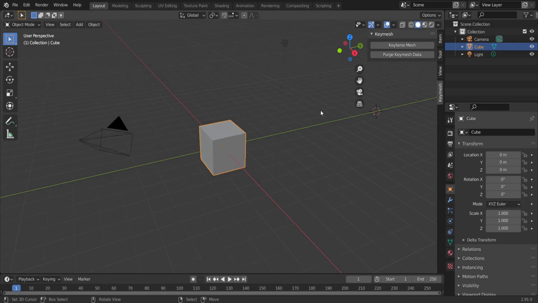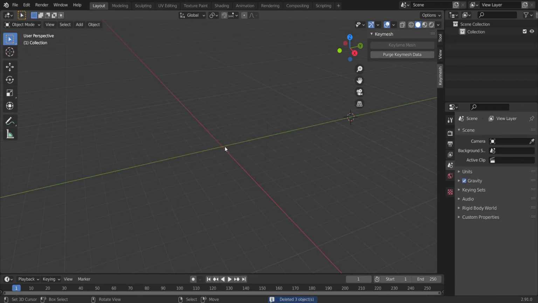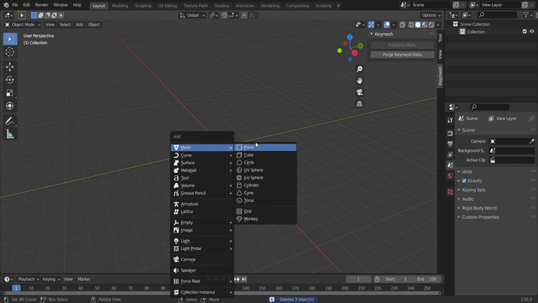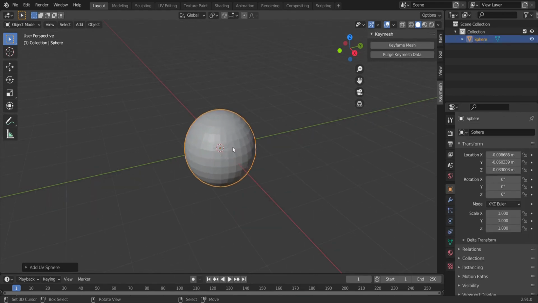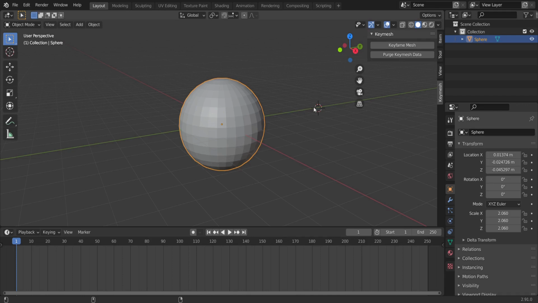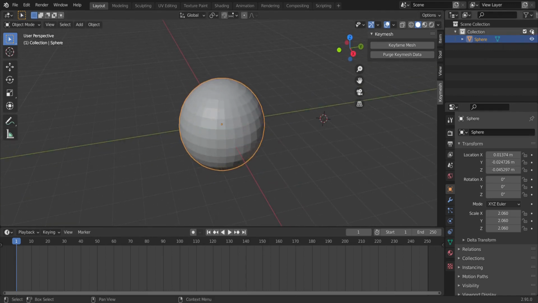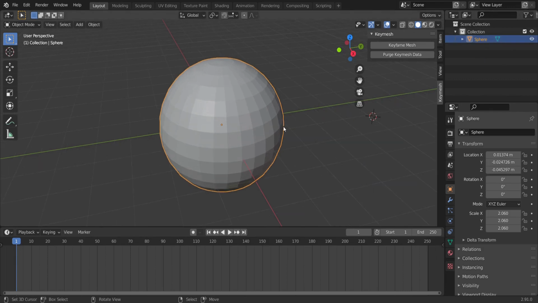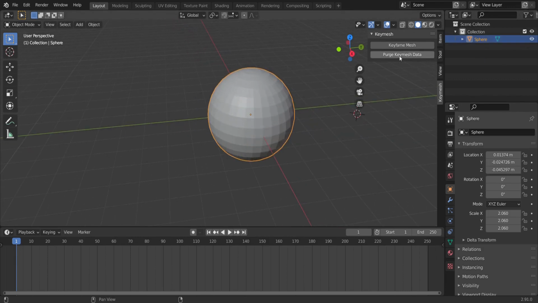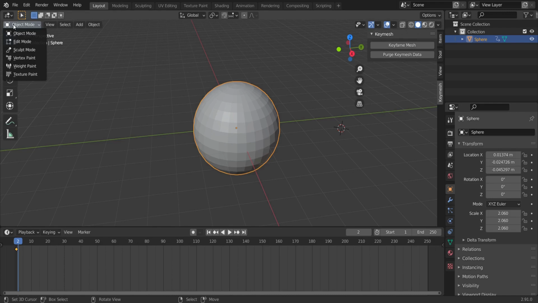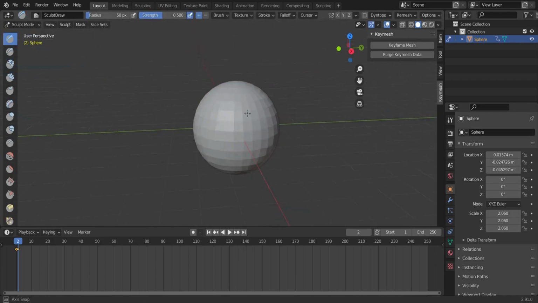Before everything else, go to your viewport and remove all the unnecessary objects and create a new sphere object. Then go to your timeline and select the first frame. Now select the sphere object and press Keyframe Mesh from the Key Mesh tab. After that, go to your second frame and again select the Keyframe Mesh button. Now you can use Edit mode or Sculpt mode to animate this object.